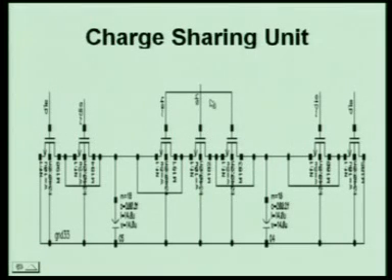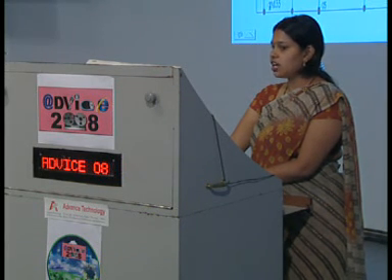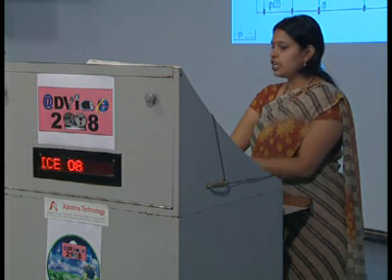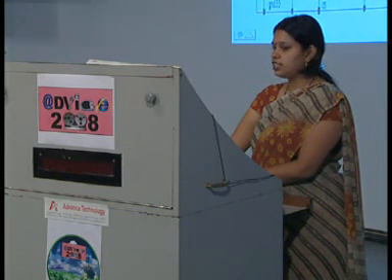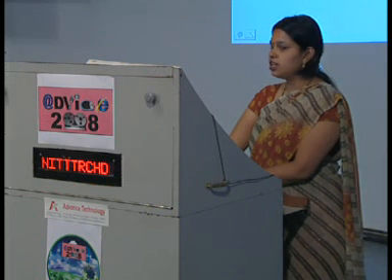When the main switch is turned on, charge sharing between these two capacitors takes place through this shorted path. When this transistor turns off, the charge on the gate oxide capacitance, instead of being injected into the load capacitor, gets injected into the gate oxide capacitance of the dummy switches.